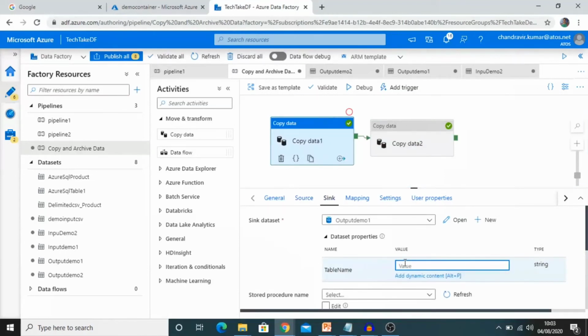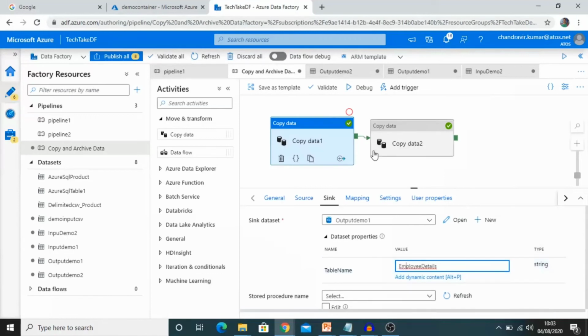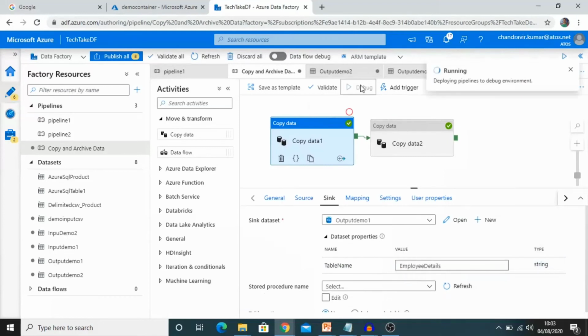So copy data 1 table name is employee details. Put the table name here, employee details. Remember, copy data 1 table name is employee details, and copy data 2 table name is employee. Just hit the debug button.